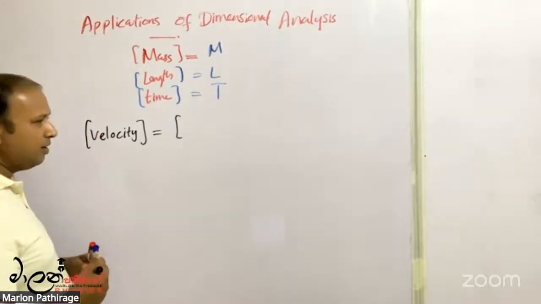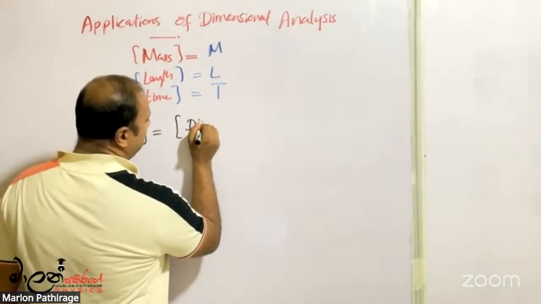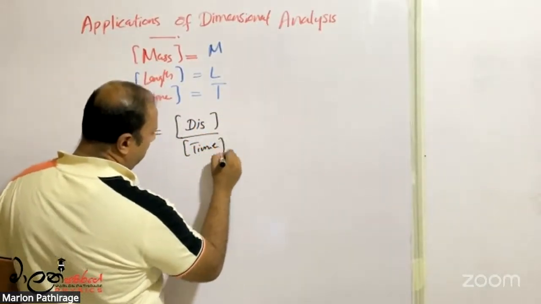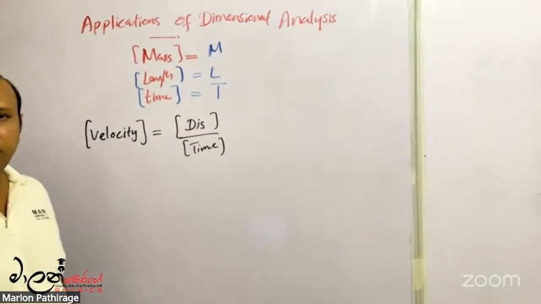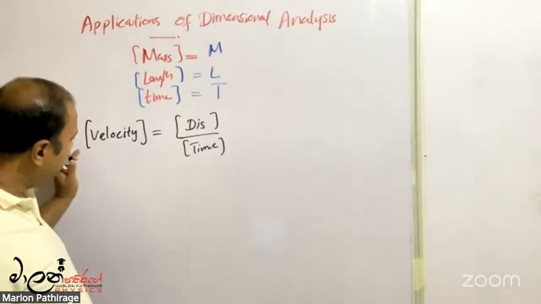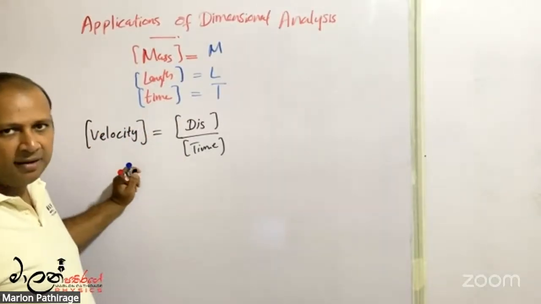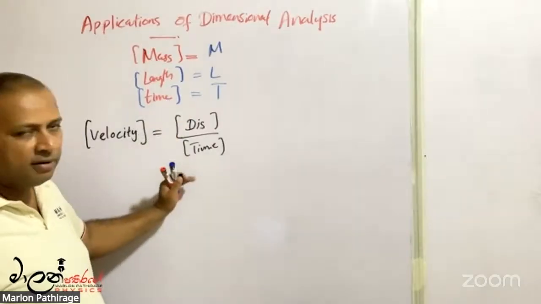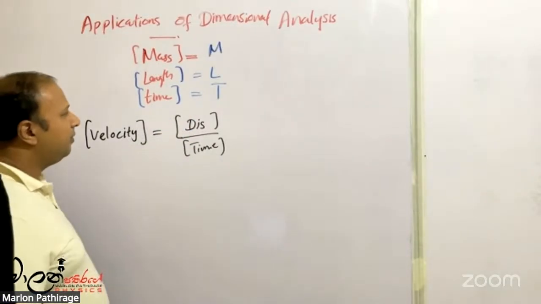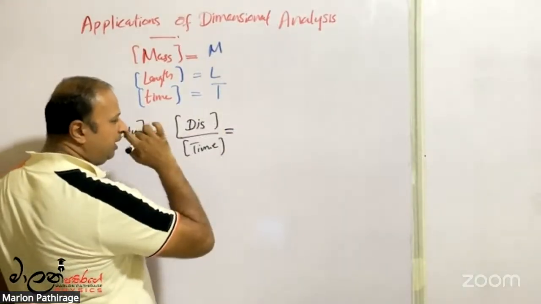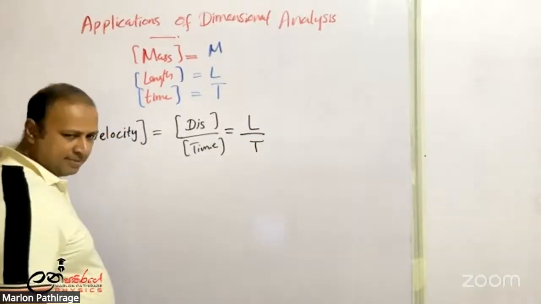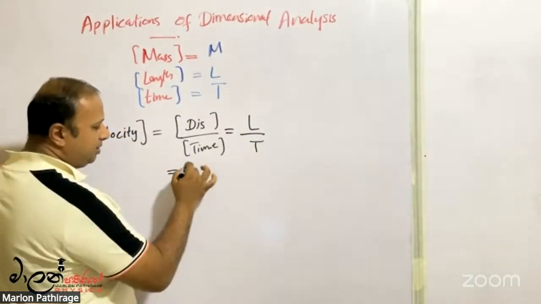Here, velocity means displacement over time. This relationship is between the derived physical quantity and the basic physical quantities. Displacement is a length. Therefore, the dimension of length is L. The dimension of time is T. Therefore, we can write the dimension of velocity as